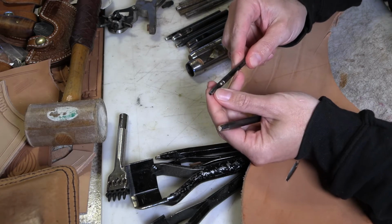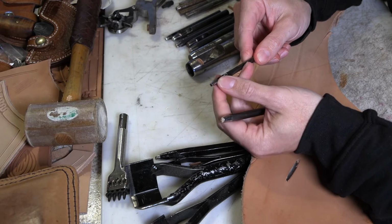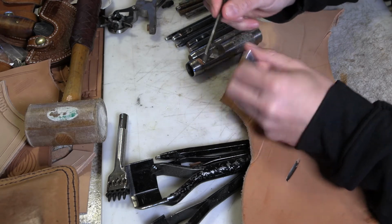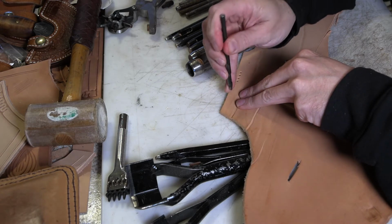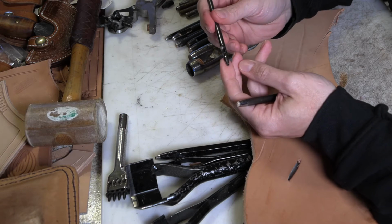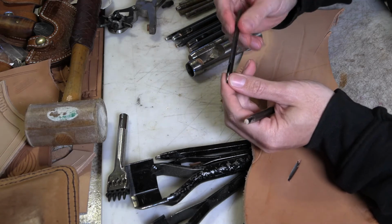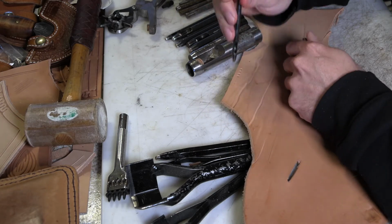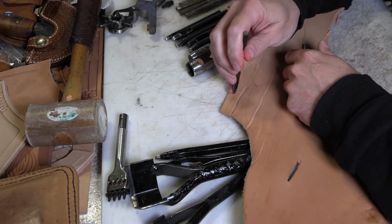Even these will be a little rough sometimes when you get them. And the more you use them, the more polished up they get, the easier it is to get them to not stick in the leather. They'll punch through and pop right back out. You can actually speed that process up, of course, by polishing them with a buffing wheel, or even just use your strop and spit them on it. And then once they're polished up nice and neat, they punch through,